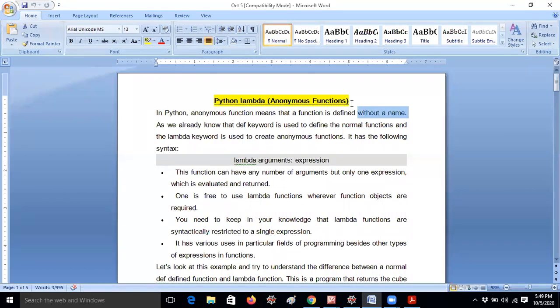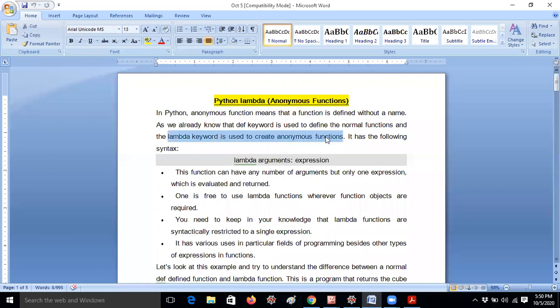Usually in interviews they will ask what anonymous functions in Python are. Anonymous functions can be declared by using the Python lambda keyword. As we already know, the def keyword is used to define normal functions. If anyone asks what the purpose of the def keyword is, the answer is that it is used to define functions. The lambda keyword is used to create anonymous functions, that is, nameless functions with no name. If anybody asks what the lambda keyword in Python is, the answer is: lambda keyword is used to create an anonymous function.